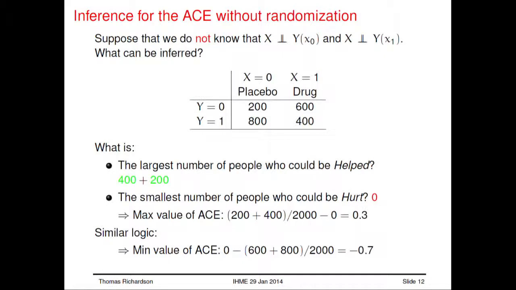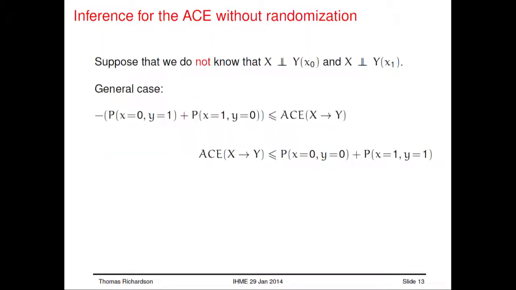If we were now arguing against the drug, we're going to claim that nobody was of type helped, and that these people were all of type hurt, and we'll get a negative value for the minimum value of the ACE. So the key point here is that even though we haven't made any assumptions, we can infer something about the average causal effect. That's the good news. The bad news is, if we think about it for a second, we can see that our bounds are always going to contain 0,